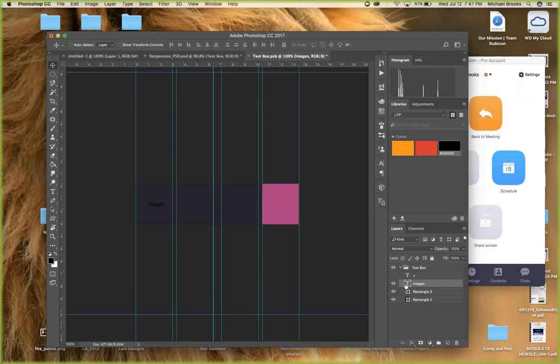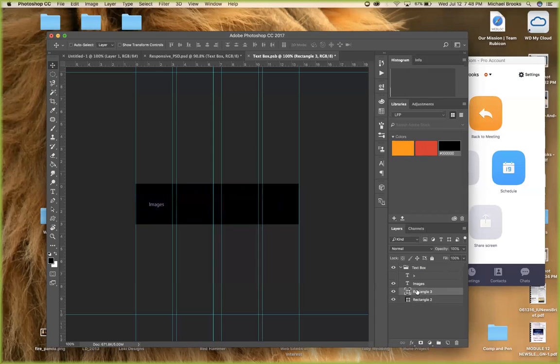Whoops. You need to actually click on it and then it'll go black. And then the other one, well, that's going to be black, and then we'll make this one orange. There we go. All right. In fact, that might be too bright, so we'll go with that one. All right, now